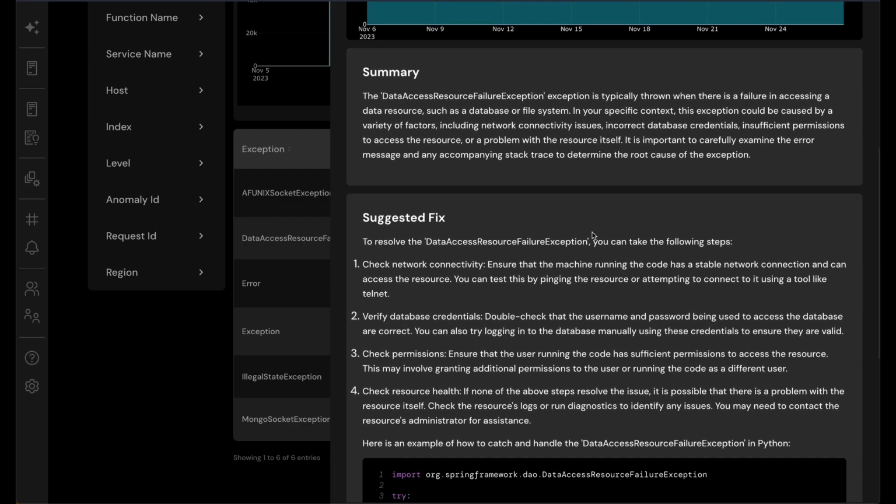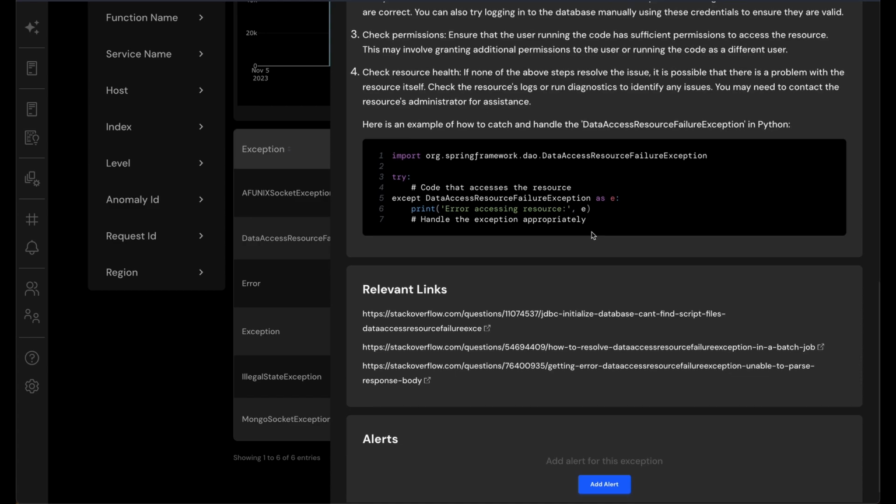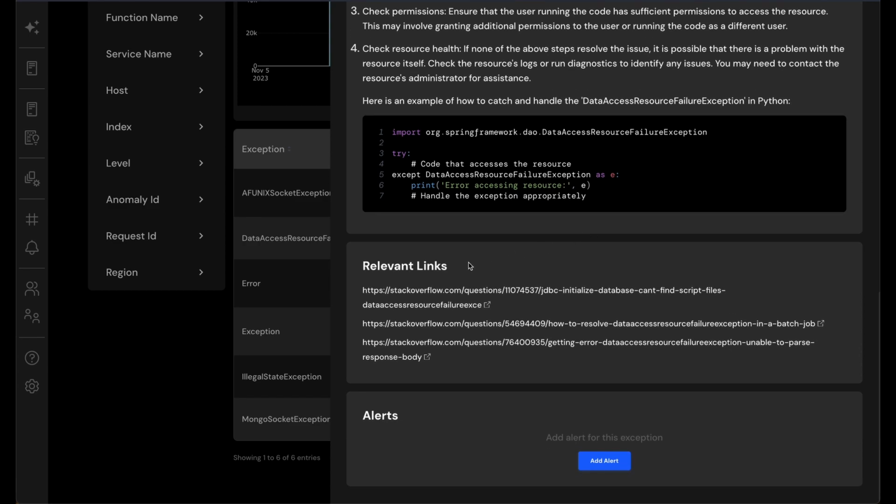A potential fix for the exception is also provided, which can be useful for engineers when they are resolving the issue. A list of links to Stack Overflow are given as well, in case you want to check out the community-driven solutions. If you want to monitor this exception, you can create an alert for it by clicking on the